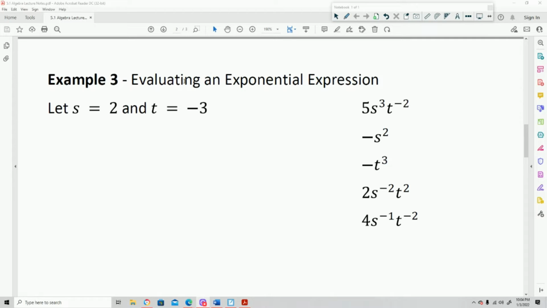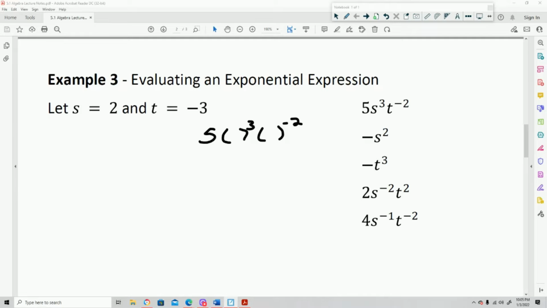evaluating an exponential expression. Evaluating means to get an answer. So that means we're going to need to substitute and get an answer for this. This is an expression. We need a numerical answer, a solution. Okay, so what we're going to do here is write it the way I like to do it, and the way I show everybody how to do it, which is to replace the variables with parentheses. It's easier done without a tablet, but mine's going to be really ugly. Parentheses here,